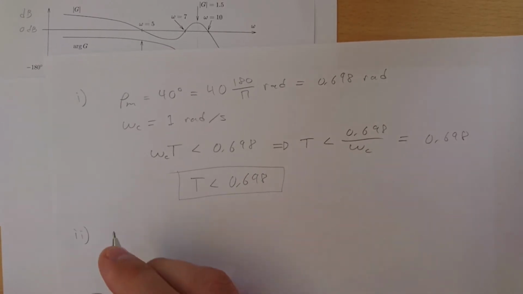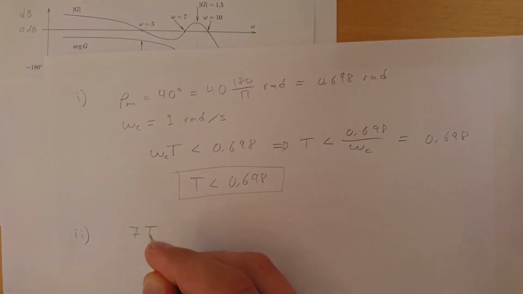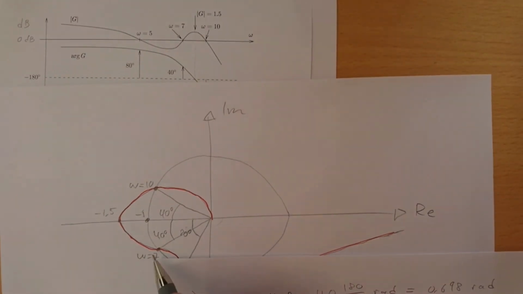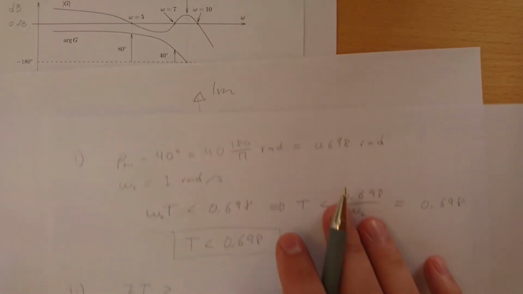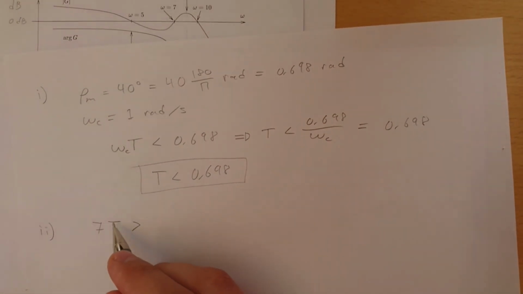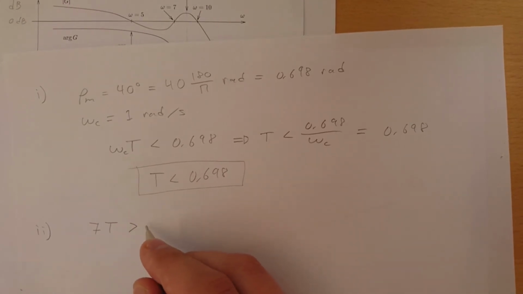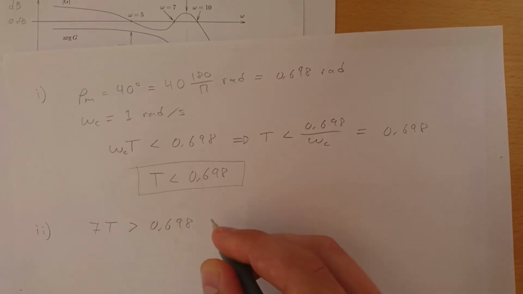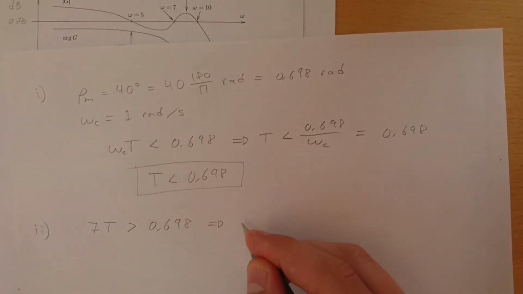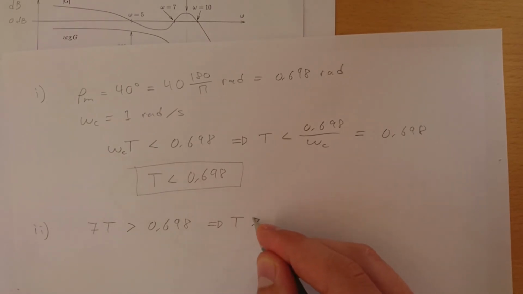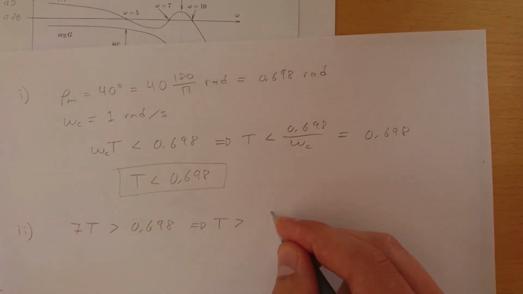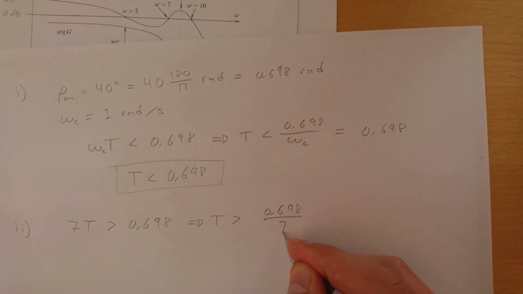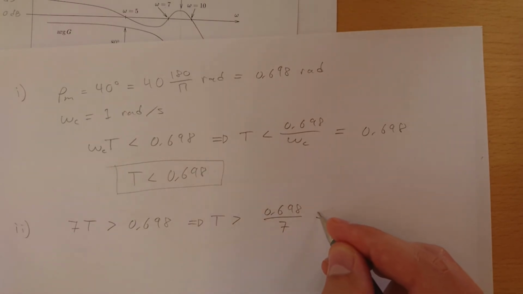So the first one was at the frequency 7, where we must have a phase decrease of at least 40 degrees. So 7 times capital T must be larger than 40 degrees, which was 0.698 radians. And that means that capital T must be larger than 0.698 over 7, which is equal to